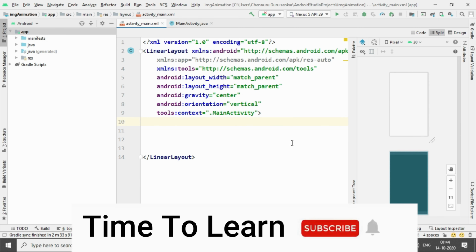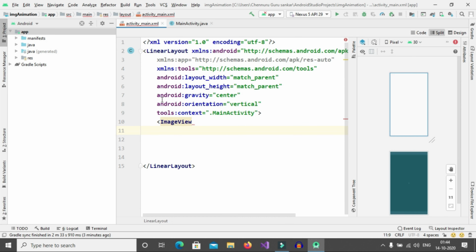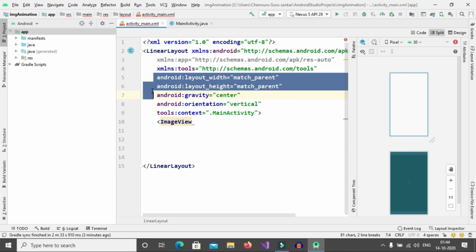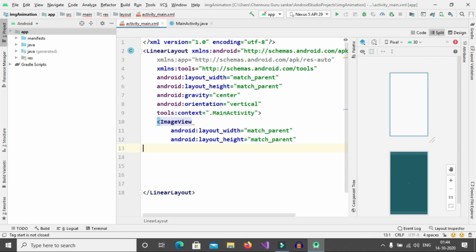Now we need to add an image view and a button. Add image view and height and width. Copy this to height and width. So give width as 100 dp, then height also 100 dp.